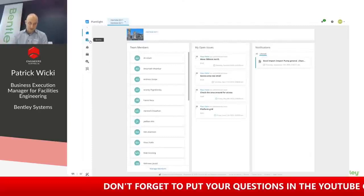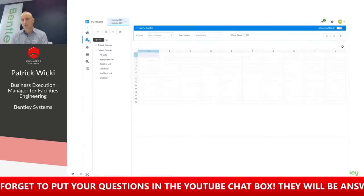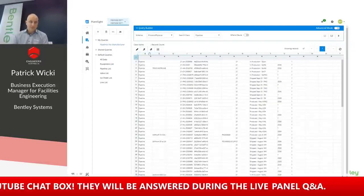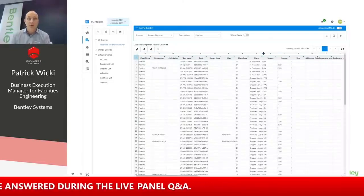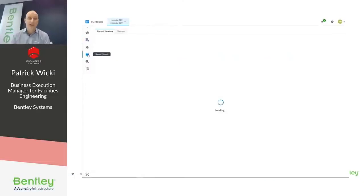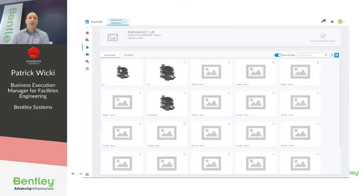of PlantSight. And the query section in PlantSight is there not just for open plant data, as I showed you before with the data manager. Here I can query everything coming into the digital twin. So here I've got my pipeline query where I can see the status. So the fabricator can go here and update those status values. And the engineering firm in a different country would immediately see those changes that the fabricator has added, and then can use that data for, in this case, we go into the visualizer to visualize what happened in a certain